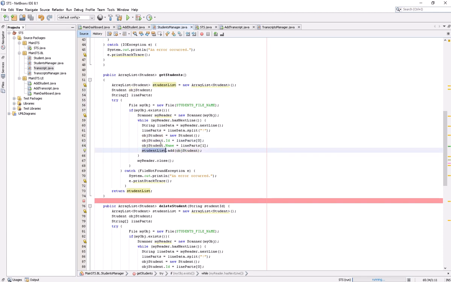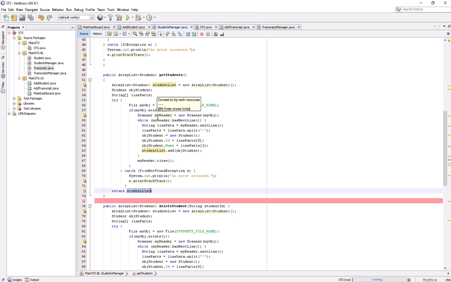So all the rows will be read, student objects will be created, and every object is added to the list. And then at the end I'm closing my reader; you have to close it. If you forget to close it, then another application will not be able to open this file until this exe is running, because it will hold your file in reading mode. It is like you have opened a file in Notepad, and then you open the same file in some other editor, and it tells you that it cannot be opened because it is being used by some other application. So you have to remember to close the file. I have closed it, and now I have just returned this.